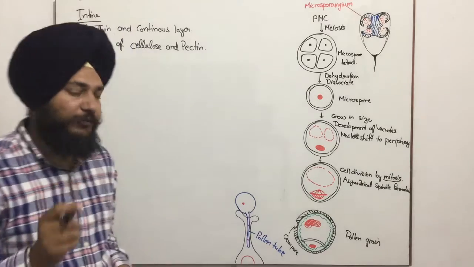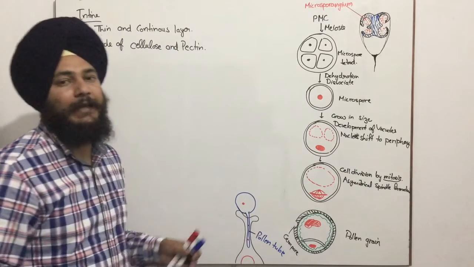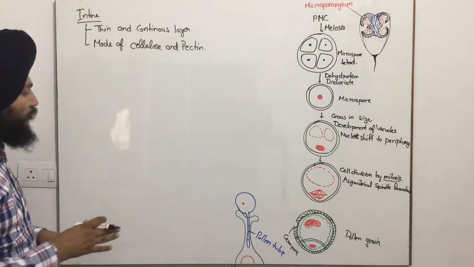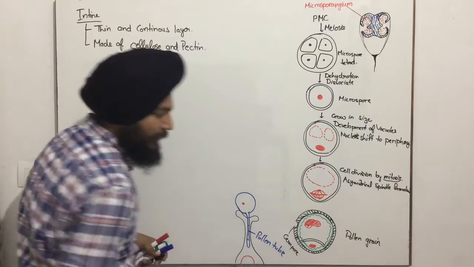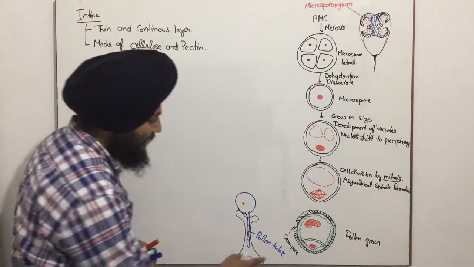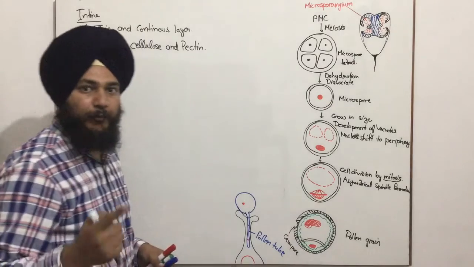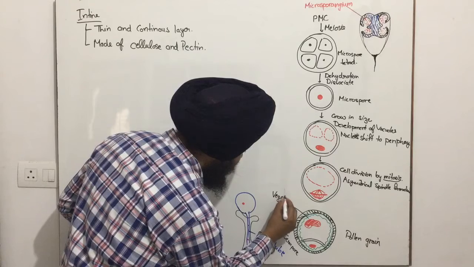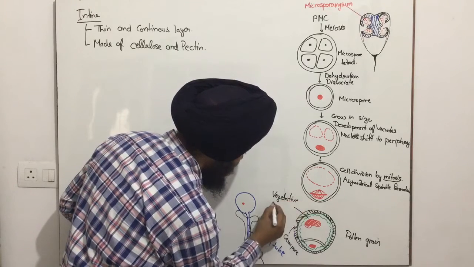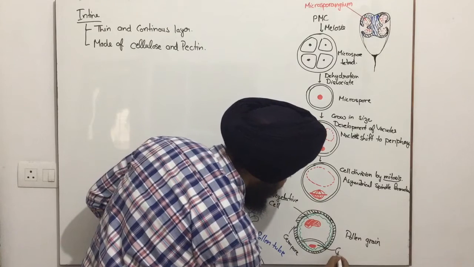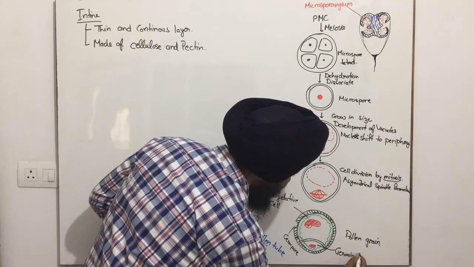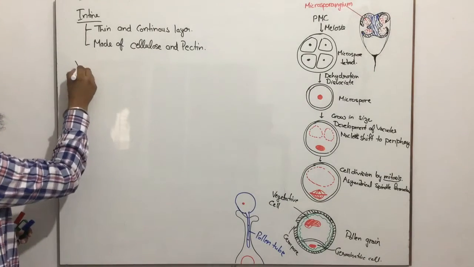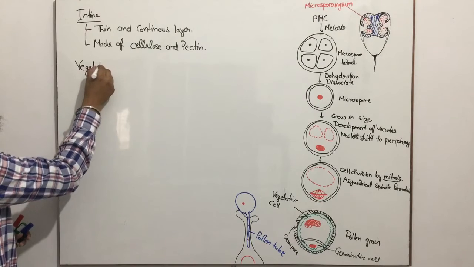Inner to the wall of the pollen grain is the plasma membrane, and inside that the cell is filled with the cytoplasm. So now as we can see here, we have the mature pollen grain and we can easily see that there are two cells in a pollen grain. Okay? So these are the vegetative cell and the germinative cell. Okay? So next we have the vegetative cell.